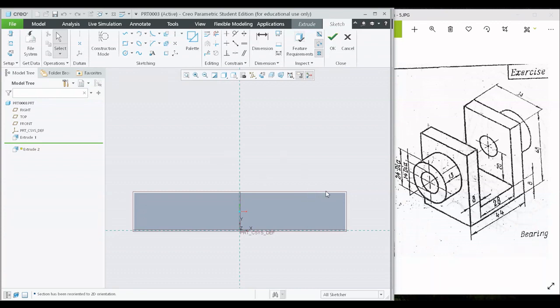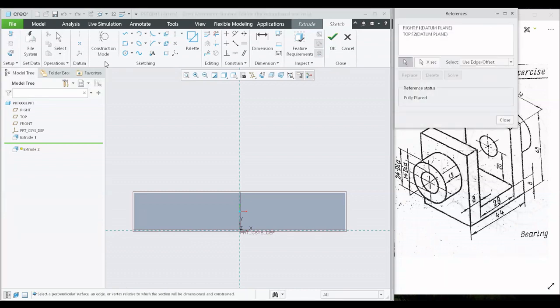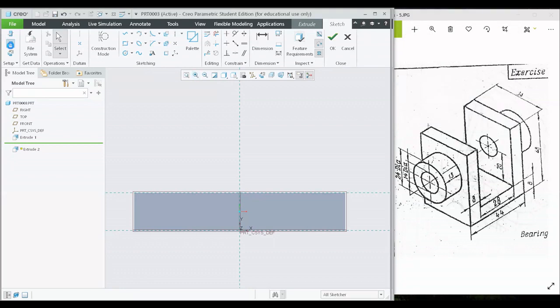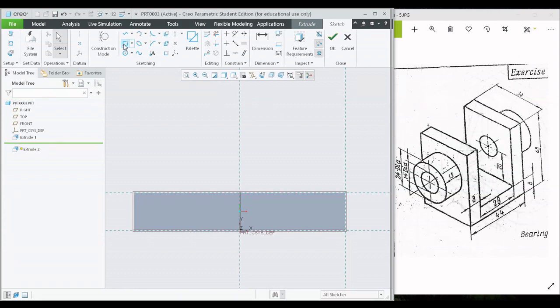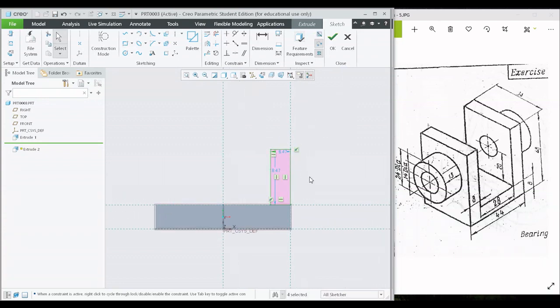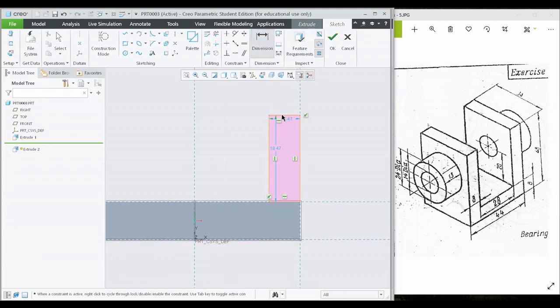But I will not be creating on this surface, I will be creating the geometry above the surface. So in order to find the exact position, or in order to locate the geometry or the sketch on this surface, it is desirous for us to choose the reference and click on the top surface. After which click on the edge again, and then use the corner rectangle and place it on the surface. Now let me change the distance or the dimensions from the top of the surface to the bottom, which is equal to 40. I believe this is 48,